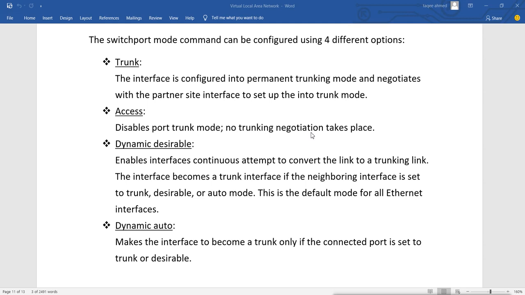But in dynamic desirable, which is the default one, the interface continuously attempts to convert the link into a trunking link, and the interface becomes a trunk interface if the neighboring interface is set to trunk, desirable, or auto mode. This is the default mode for all the Ethernet interfaces. And dynamic auto means what? It makes the interface become a trunk only if the connected port is set to trunk or desirable.